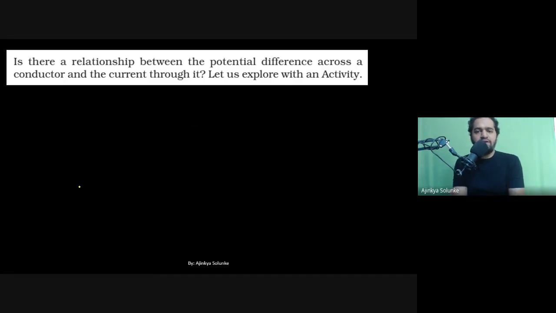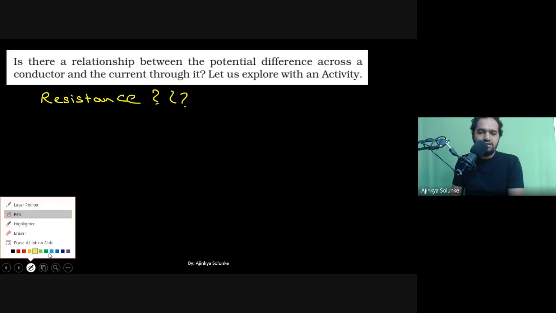Now let us try to understand one thing. We have clearly understood that V is proportional to I. R is constant. R has a name, that is resistance. It has a unit Ohm. But one thing we are not understanding is what exactly is this resistance? Because this has been talked about a lot in the last 5 minutes. But one thing we are not sure of is what the resistance is. Okay, so let us try to understand this.